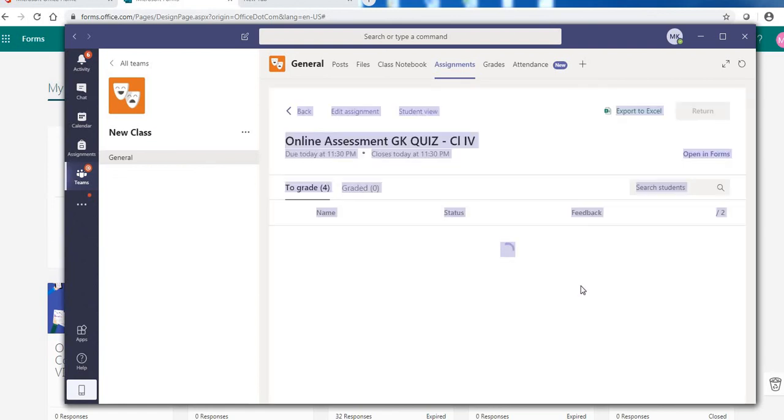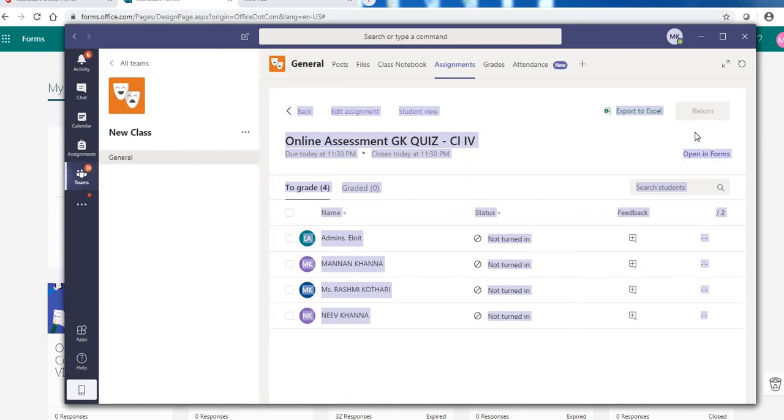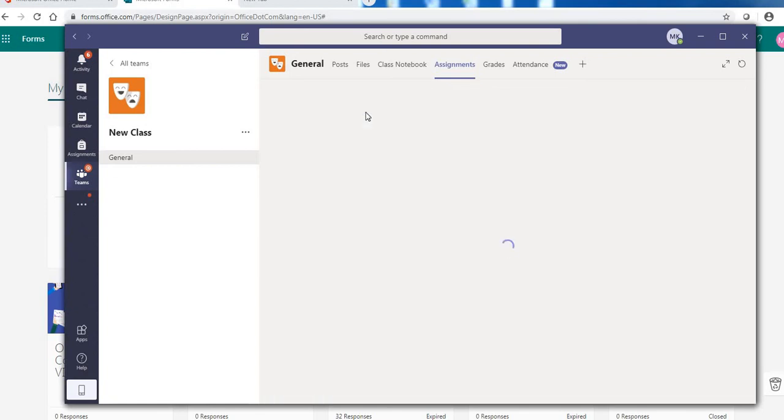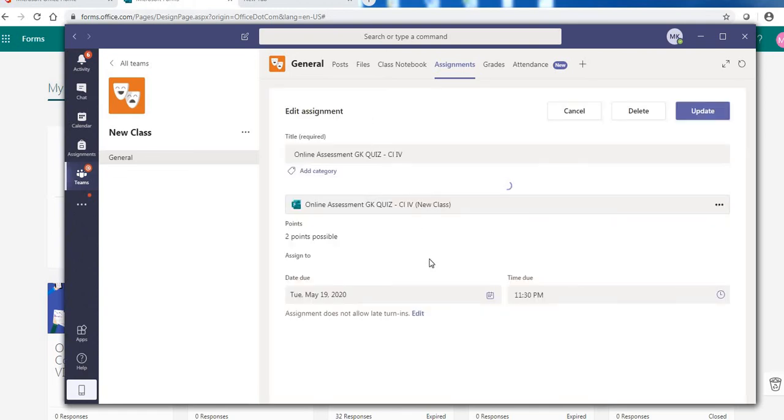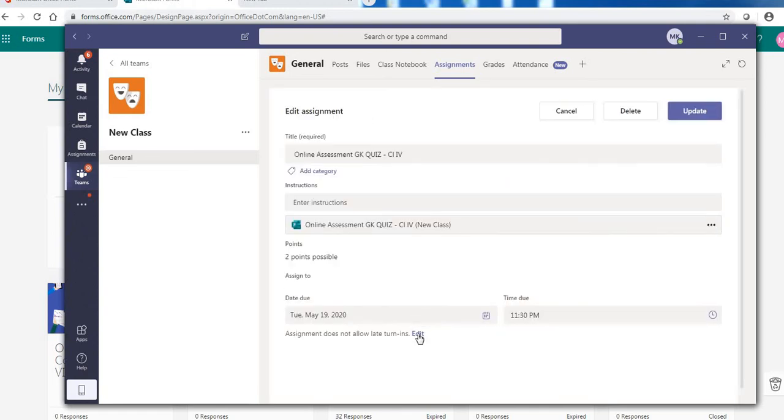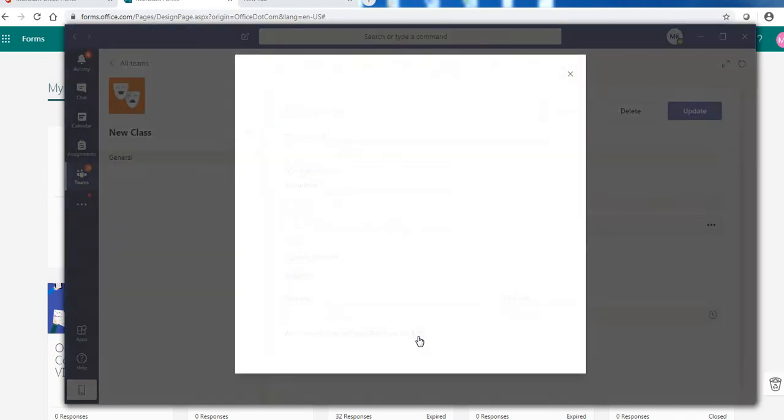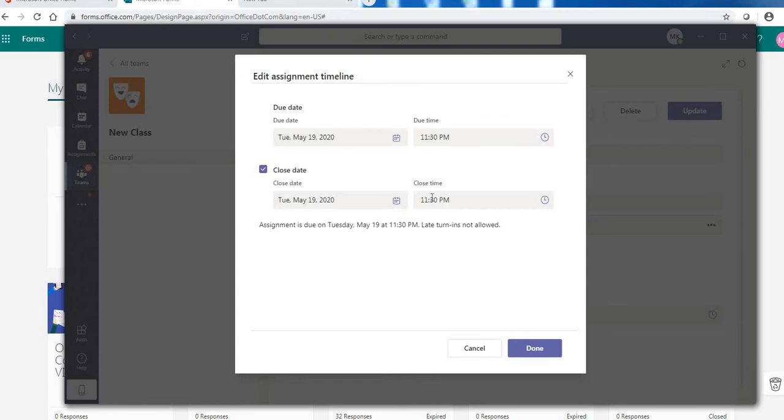So let's say I click on edit assignment and I click on edit. Okay, it's 11:30, which is sufficient time for us.